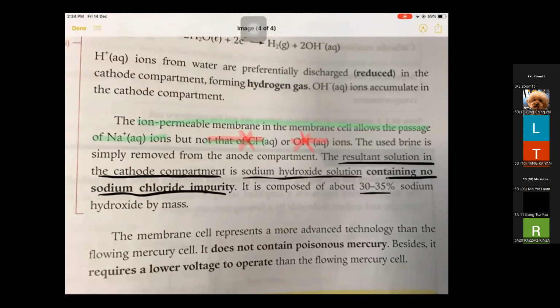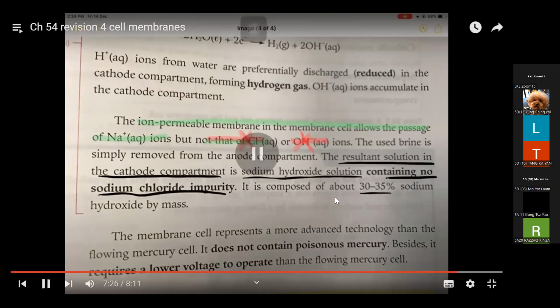It is composed of about 30 to 35% of sodium hydroxide by mass. The membrane cell represents a... 嗱呢一度，我想強調，千祈唔好 mix up，以為 flowing mercury cell produce 出嚟嘅 NaOH 係 high purity，membrane cell produce 出嚟嘅 NaOH 就 lower purity，唔係啊，兩個 cell produce 出嚟嘅 NaOH 都係 of high purity，呢點有冇問題？要記住喎，因為好多同學都 mix up 㗎。咁有咩好處呢？下低呢度啦。首先第一，